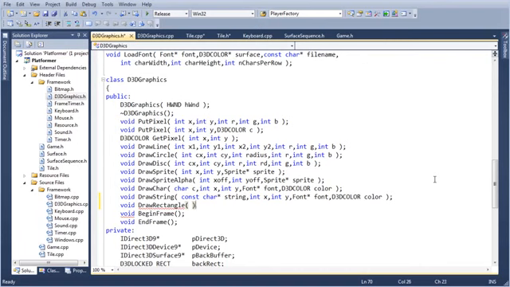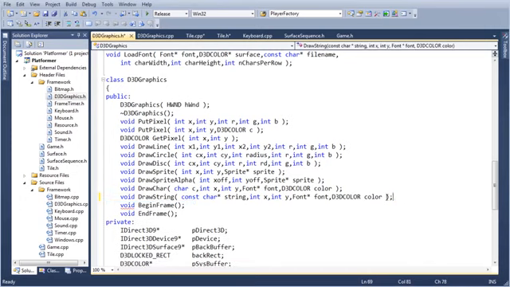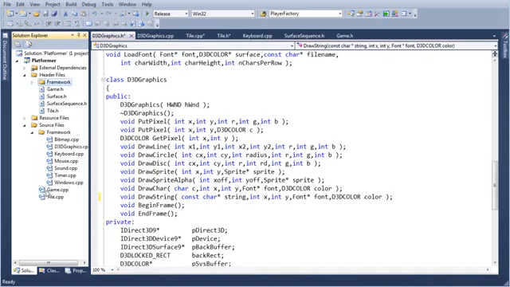Draw rectangle. You know what? I changed my mind. Forget making a draw rectangle function. It might be a good idea, but we're just gonna do it in here.